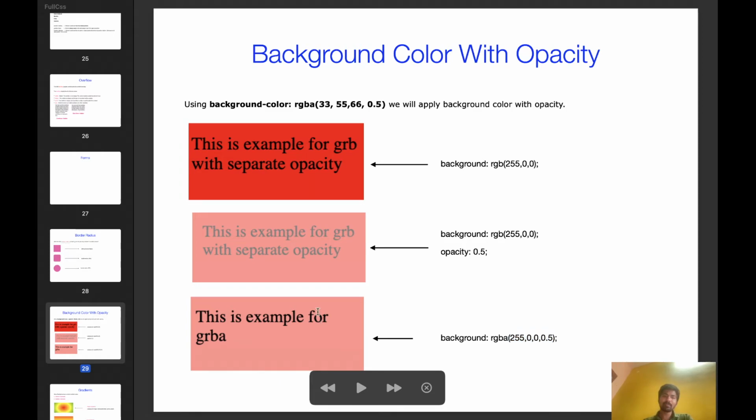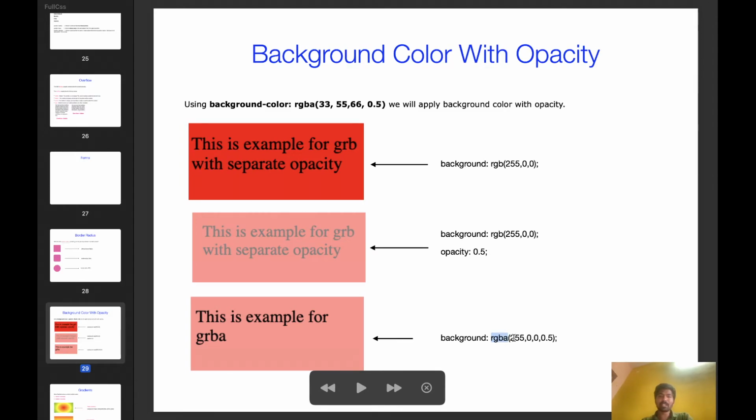In this example, the opacity applies only to the background color, not to the text. If you apply opacity 0.5 separately, it applies to the text also, but I don't want to apply opacity to the text. I want to apply that opacity only to the background color. At that time we can use RGBA.